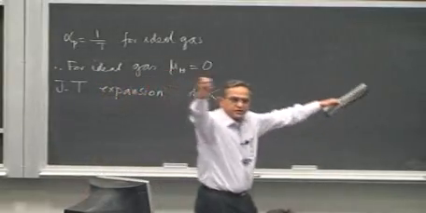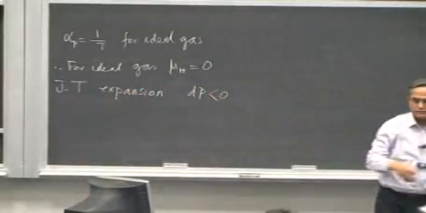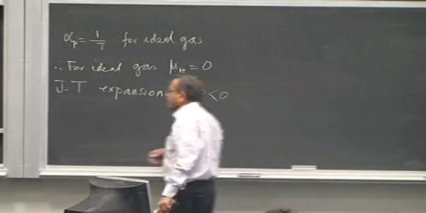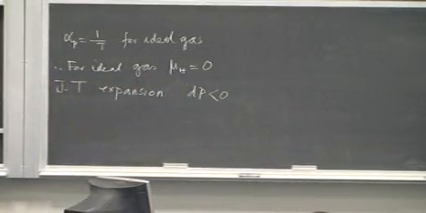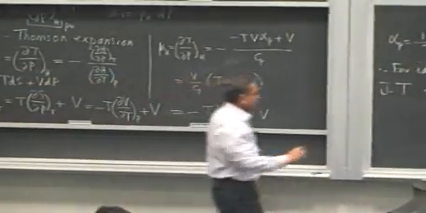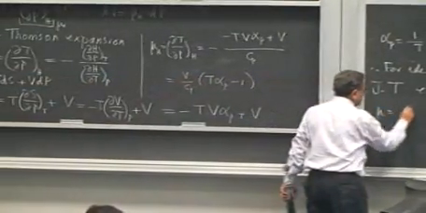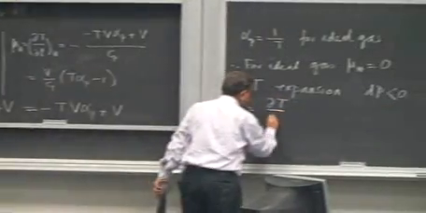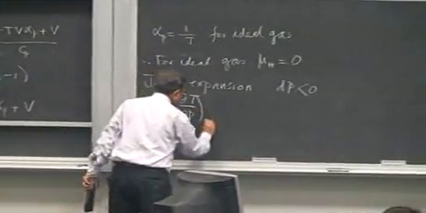Expansion means final pressure is lower than the initial pressure. Okay? And dP is negative, and therefore, in terms of mu, which is partial differential of T with respect to P at constant H,